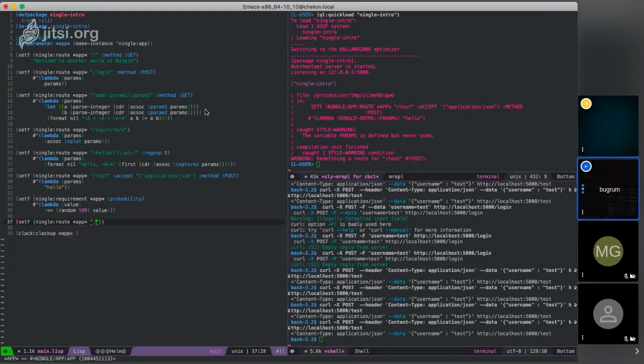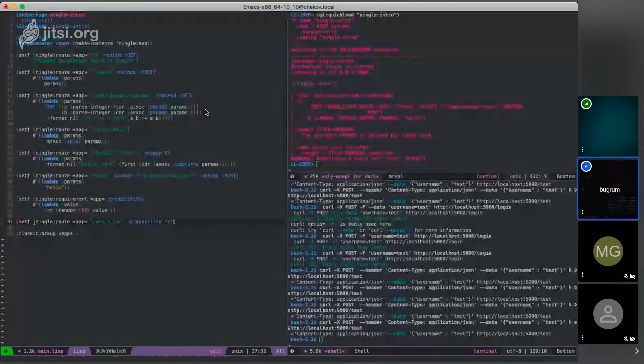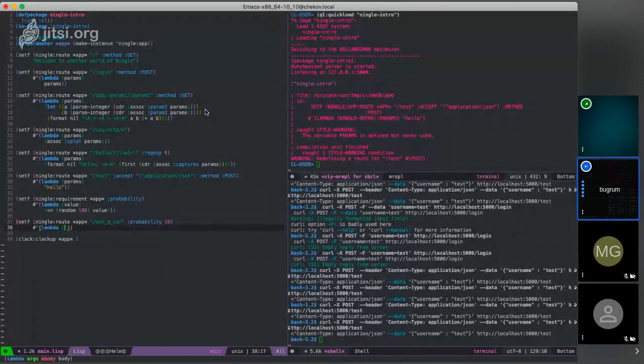So he has two routes here. Well, two handlers for the same route. One is win a car with probability 10, and win a car without any probability provided. So you can here. Now, for folks who haven't actually touched Common Lisp here, who have just joined us, just